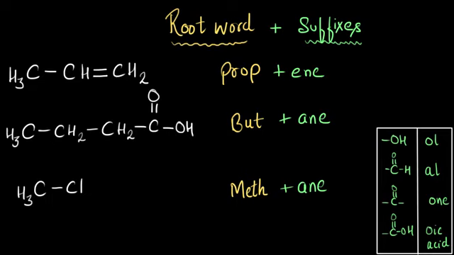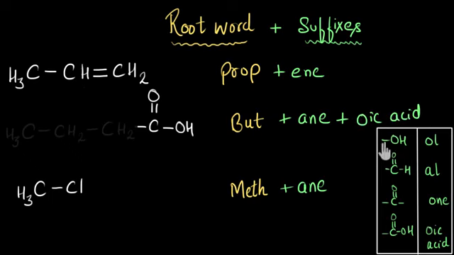Actually, if I focus on just the functional group, okay? So the functional group is C double bond OOH. If you can see over here, this is the carboxylic acid functional group. And to denote its presence, we add the suffix oic acid. So let me do that. Oic acid. Okay. Now, if you look at the last example, over here also I do not see any oxygen present. So none of these functional groups will be present over here.